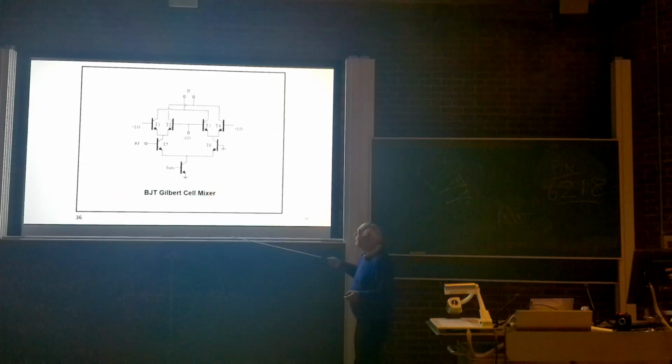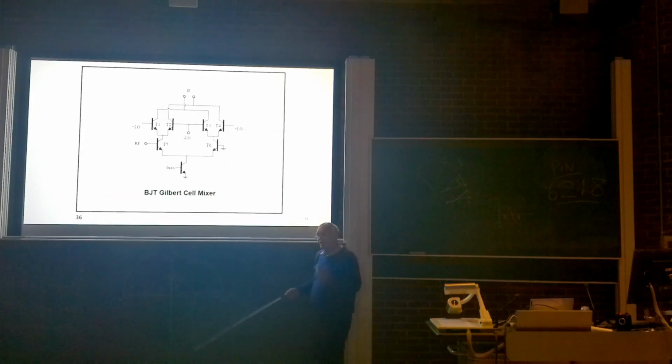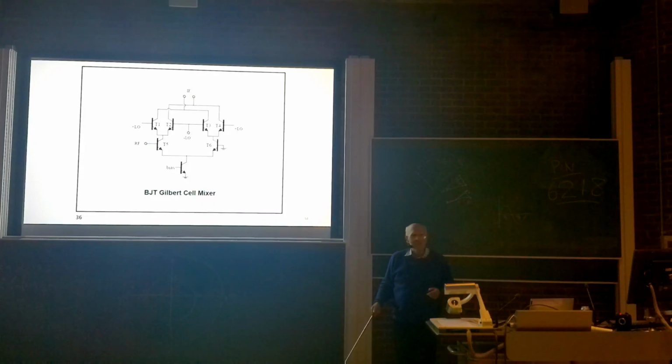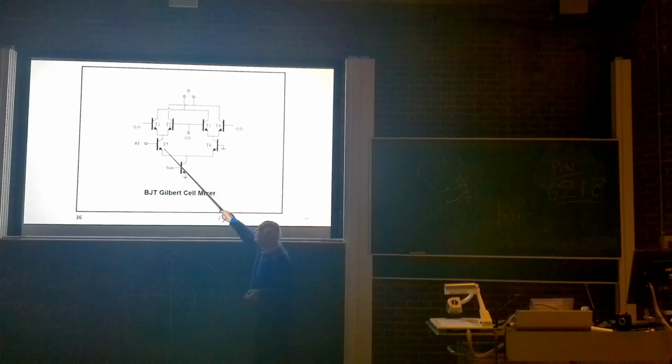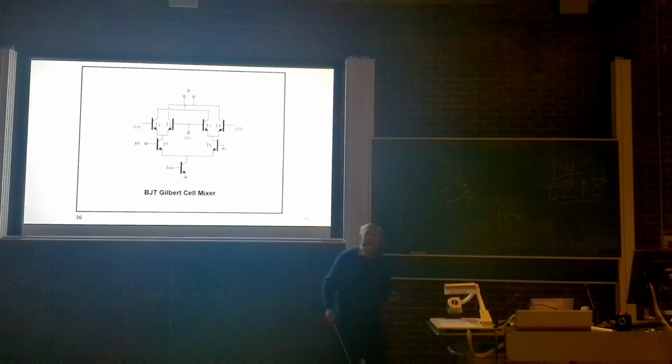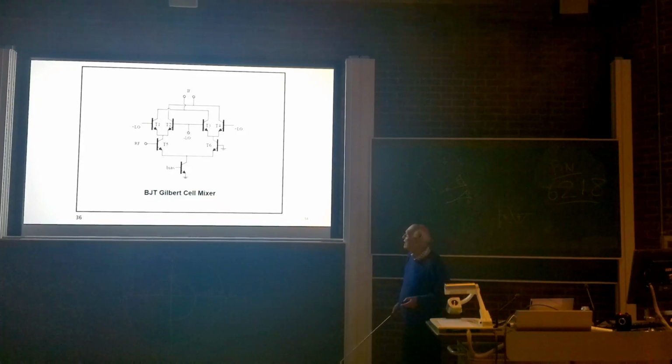Direct conversion. I'll just stop for this one. This is a very interesting thing. This is a Gilbert cell mixer. It's a wonderful device. It's used analog, it's used digital, it's used for all sorts of things. It's a very clever thing. It's actually two what are called long-tailed pairs, and that is combined in that way. And it's a very, very versatile device.